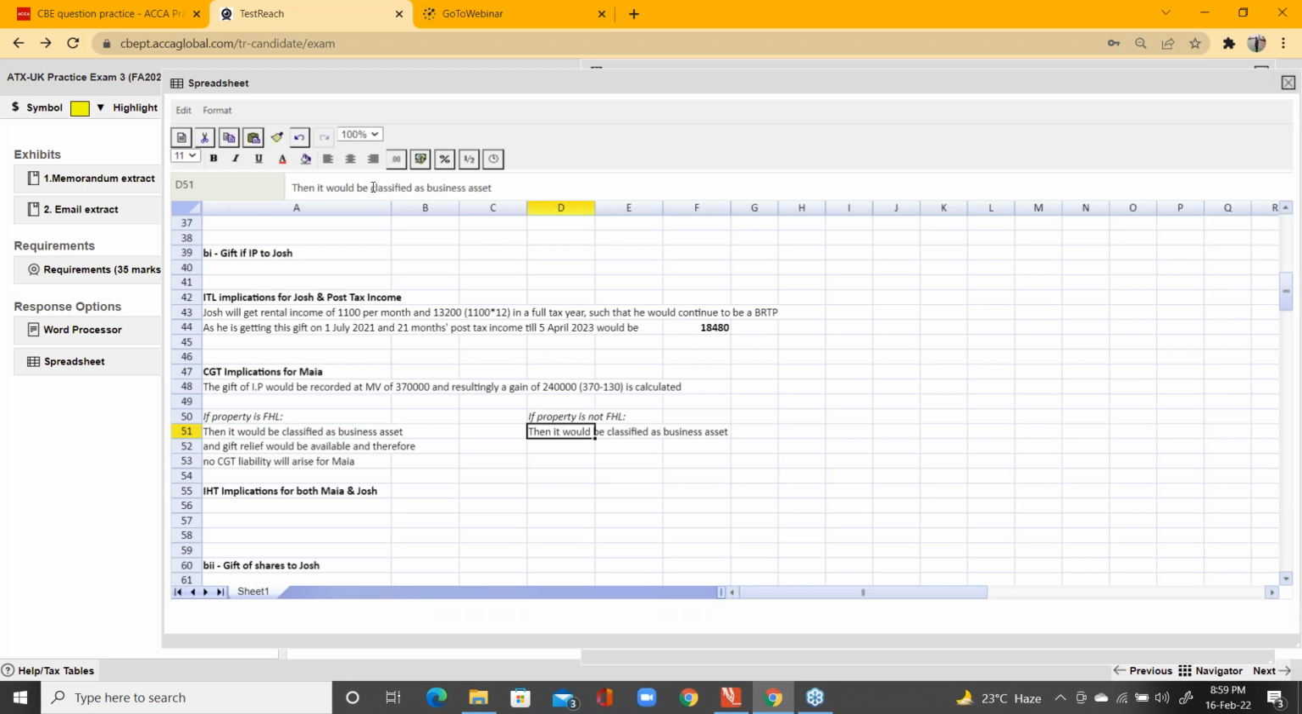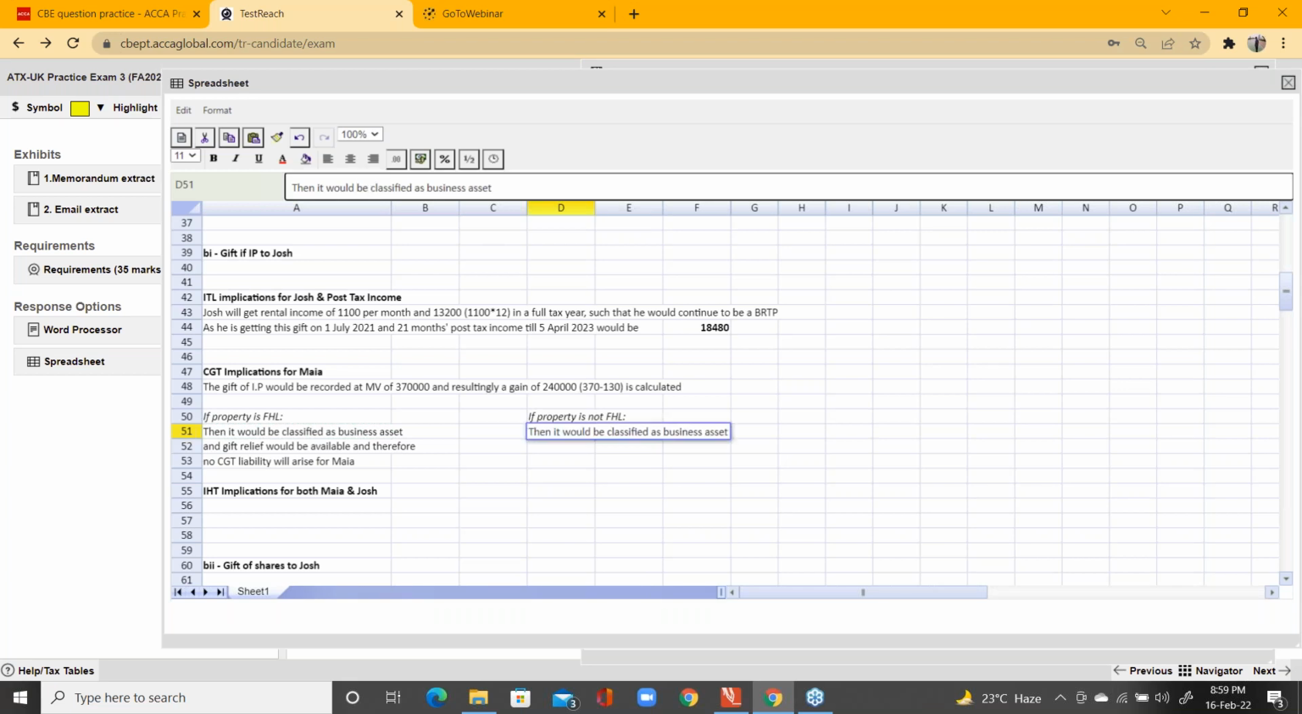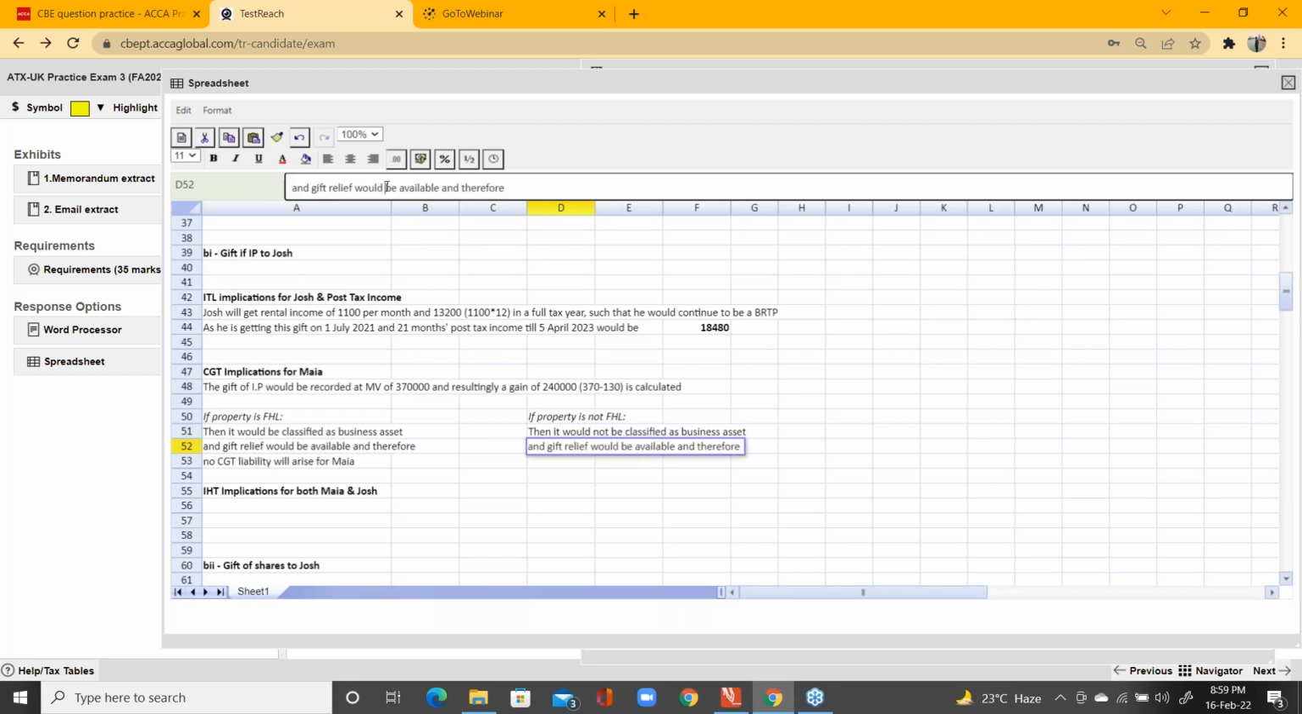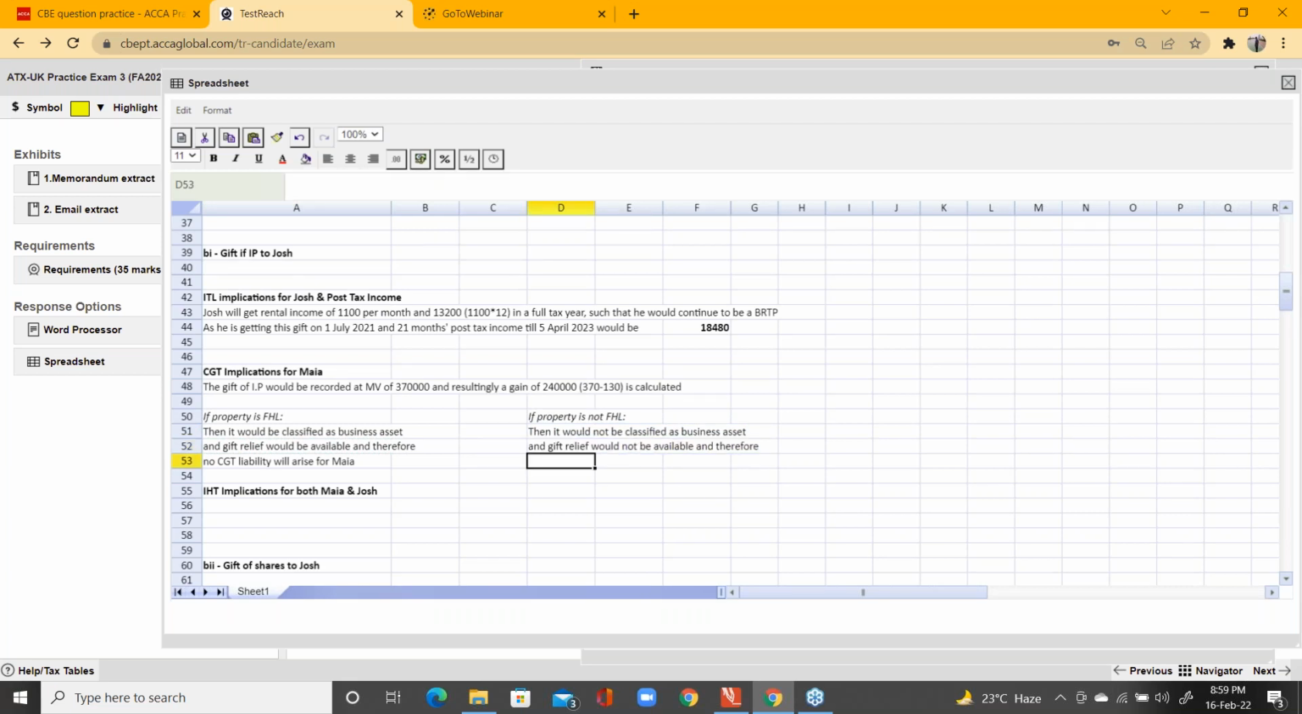If it is not FHL property, it would not be classified as a business asset. Taking the second point as same as over here, gift relief would not be available. And if gift relief would not be available, what will happen then? In the absence of annual exemption, as already covered by another disposal in the same fiscal year 21-22, as given in this scenario, the gain of 240,000 would be taxed at, it's a residential property, so